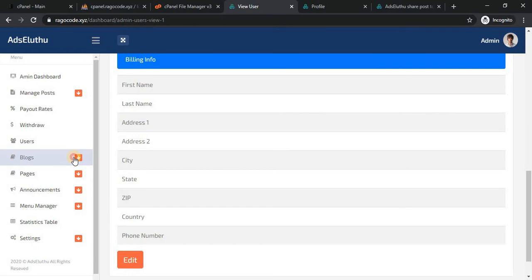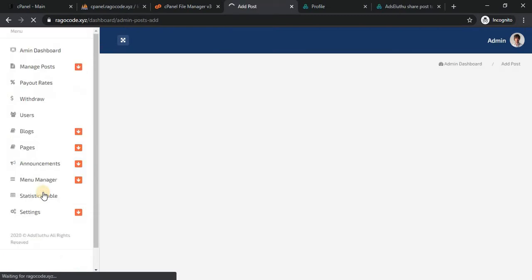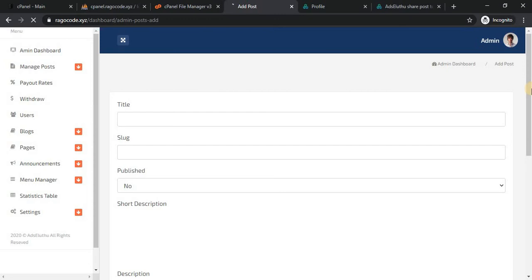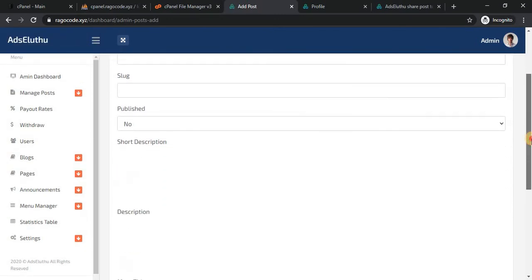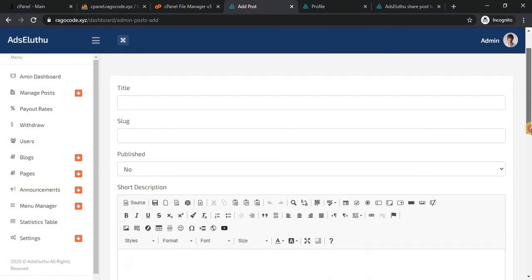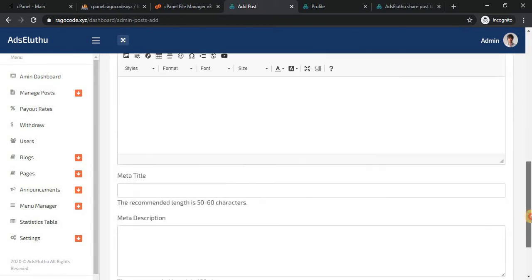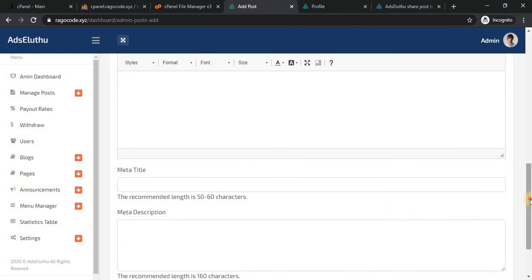And the other one is blog. You can add the blog, like a title, slug, whether you want to publish or not, and set a short description and description, meta tags, meta description.